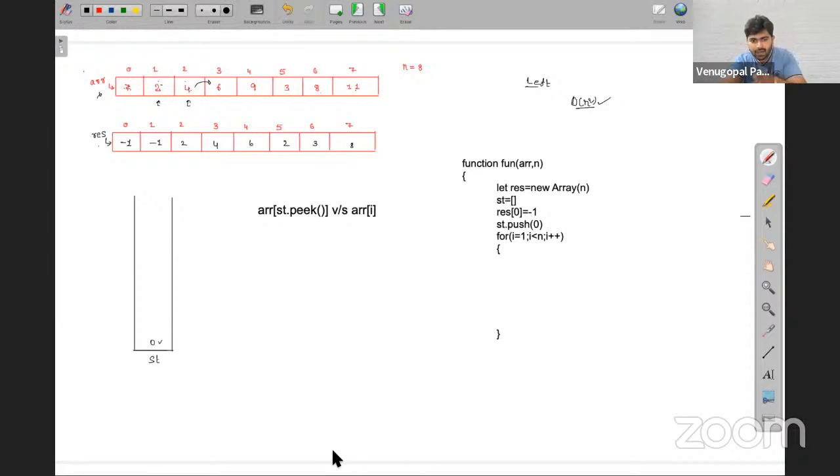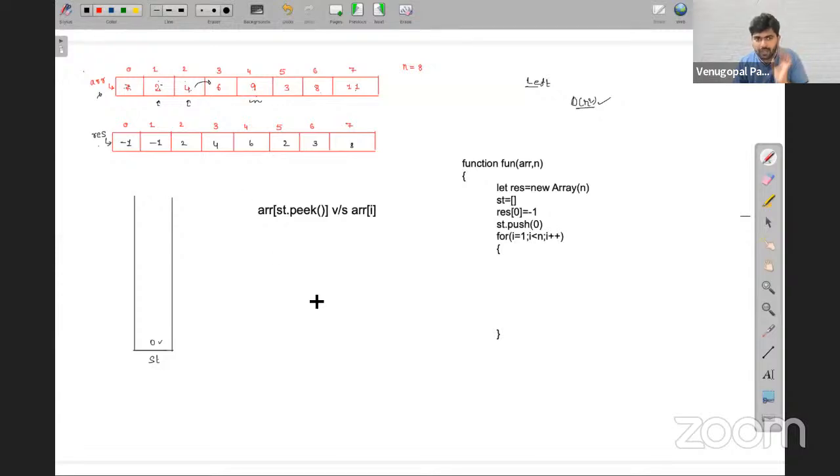Many people will learn this by heart, friends, because I have seen students by-hearting these codes. How many questions can we do by heart? Tell me. Learn the concept. Now, for any element, if you see a smaller element to its left side, that is what we require, so we don't delete it from the stack.